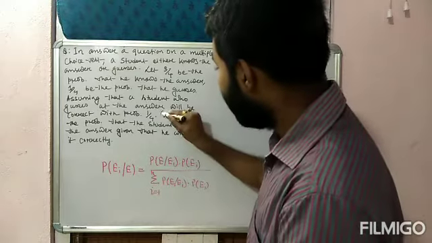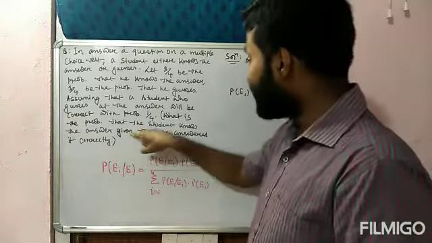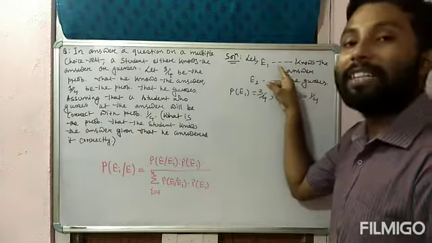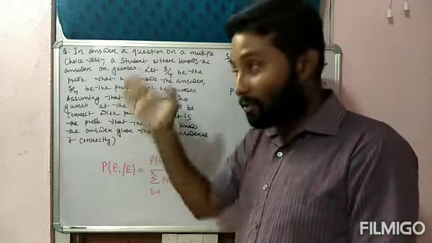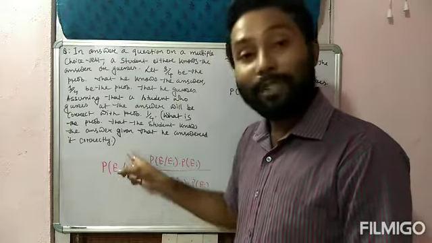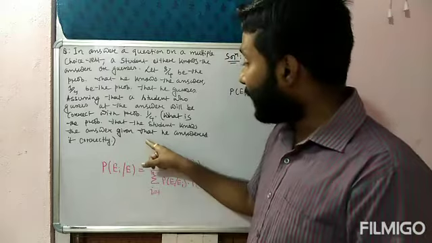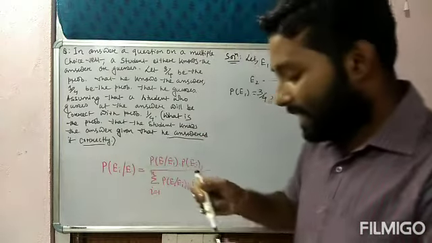What is the probability that he knows the answer? He knows the answer means which event? Event E1. Given that, generally where is it used? Slash. That means conditional probability. And here also we are using this slash. Okay. Given that he answered it correctly.